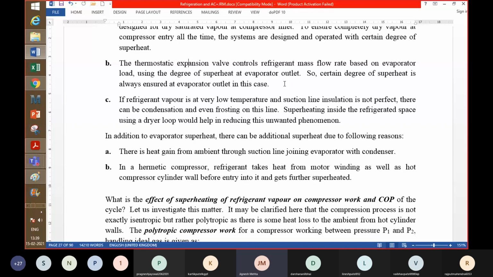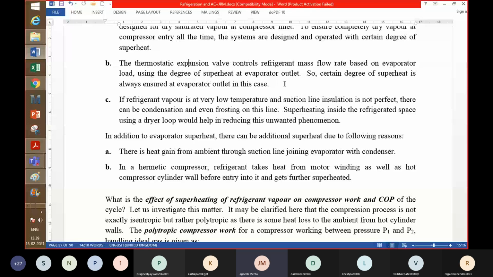Now, the definition or understanding of the dew point temperature will be given in the chapter on air conditioning. So if it is less than the dew point, then liquid water will be generated over the surface of the suction piping. You already know what is suction piping. It's the piping which connects the evaporator with the compressor. Okay, so there could be condensation, or if it is less than 0 degrees Celsius, then there could be frosting also. Now this is an undesirable thing.